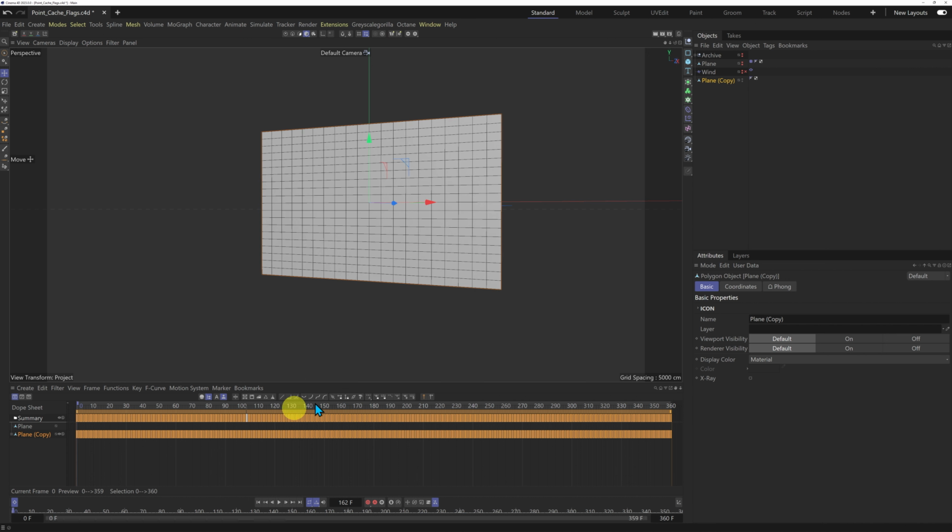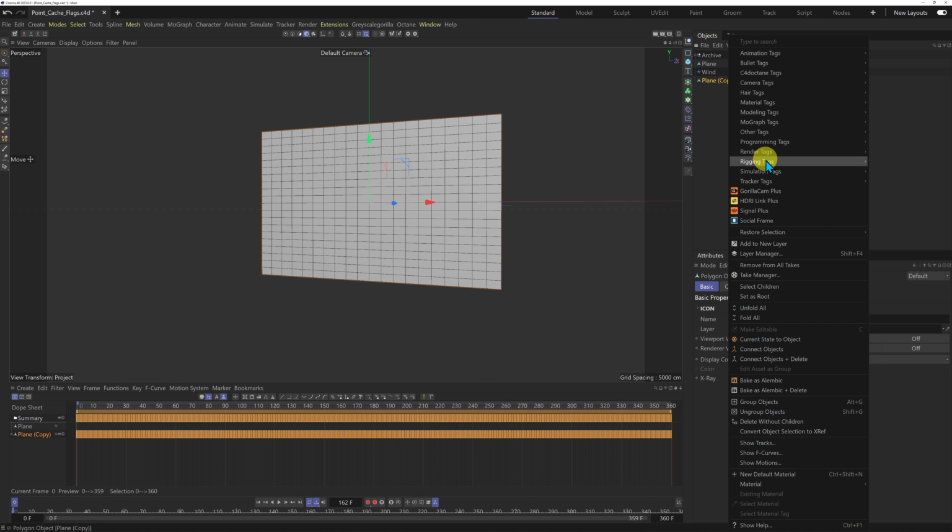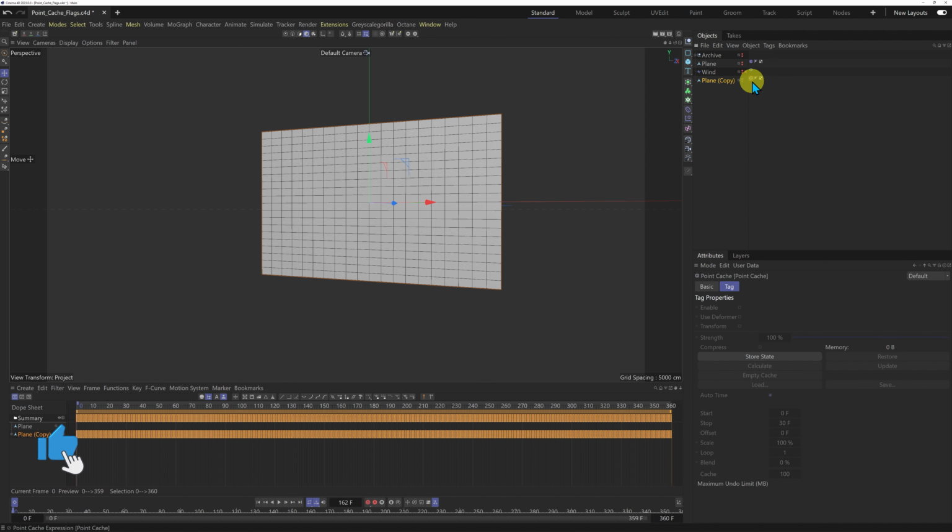So what I want to do now is loop this. So I'm just going to apply the point cache tag. I'm going to come to rigging and apply that there. So if you're using another version of Cinema 4D, your point cache tag will be in a different place. But for me, it's under rigging tags. So with that applied,